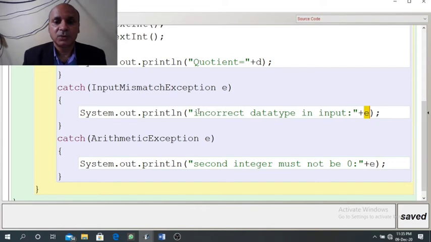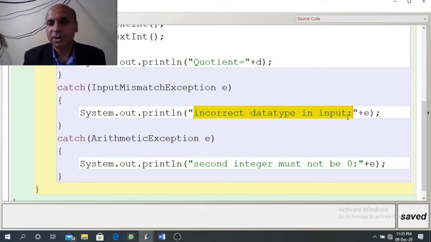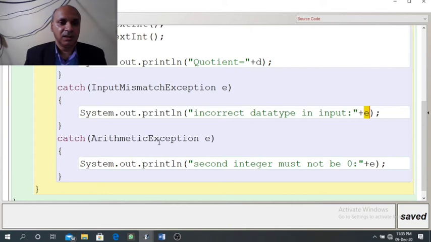So there are two advice for the users. One advice is given by the programmer inside double quotes. Second advice is given by computer or compiler. Second catch block is designed to deal with the processing error.